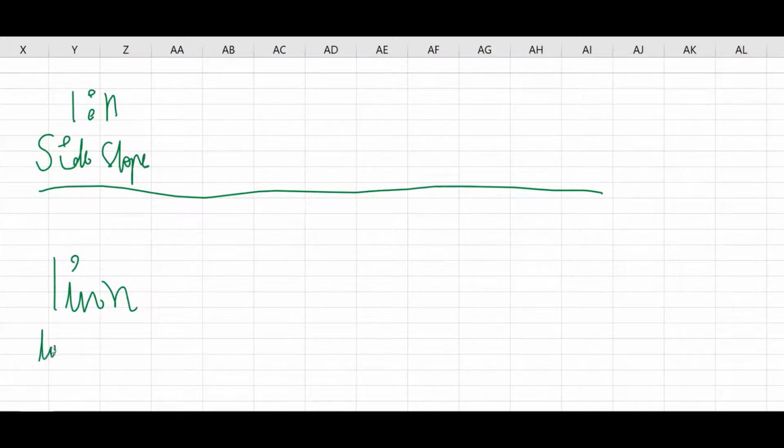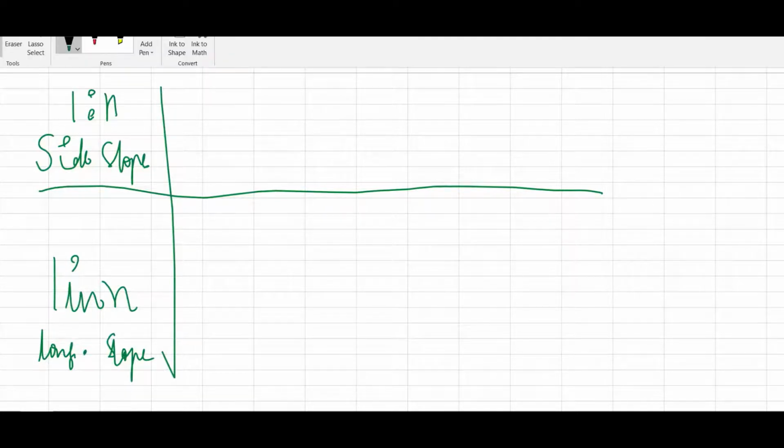This is longitudinal slope. Why do we have two different names for both of them? There's a logic behind it, and I'm going to tell you the logic now.